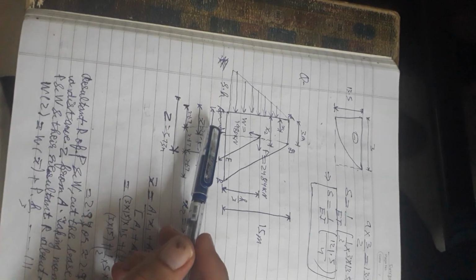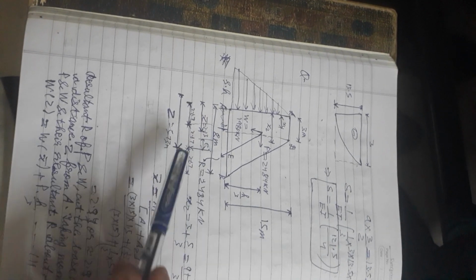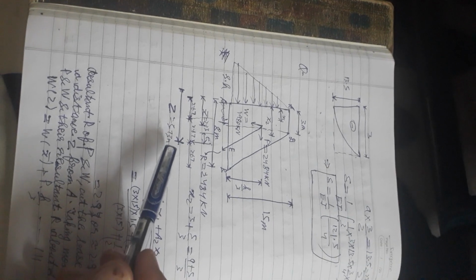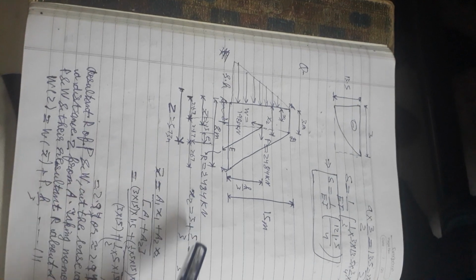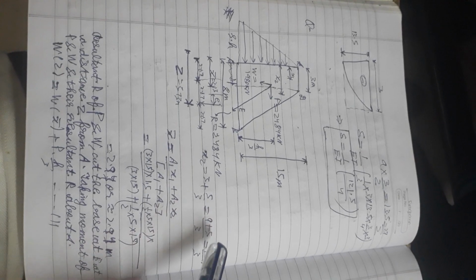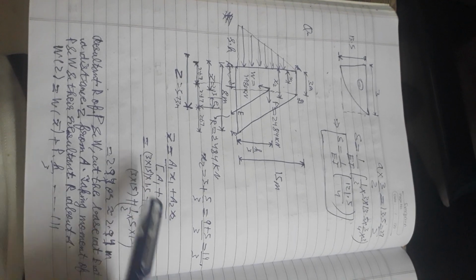Note, X bar is equal to 2.13, 2.67, 8 by 3, 2.67, 2.67. Z is equal to 5.73 meter. X2 is equal to 3 plus 5 by 3, is equal to 9 plus 5 by 3, is equal to 14 by 3. X bar is equal to A1 X1 plus A2 X2 over A1 plus A2, which is equal